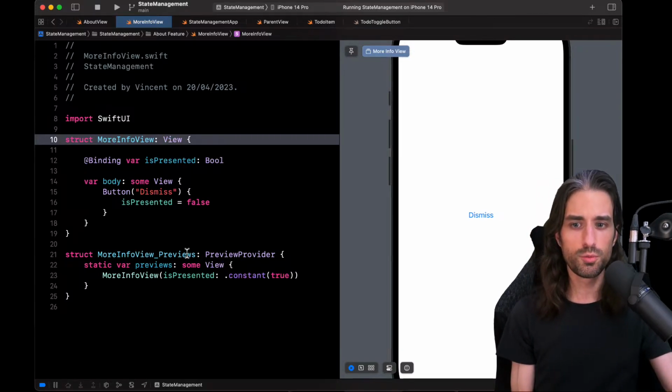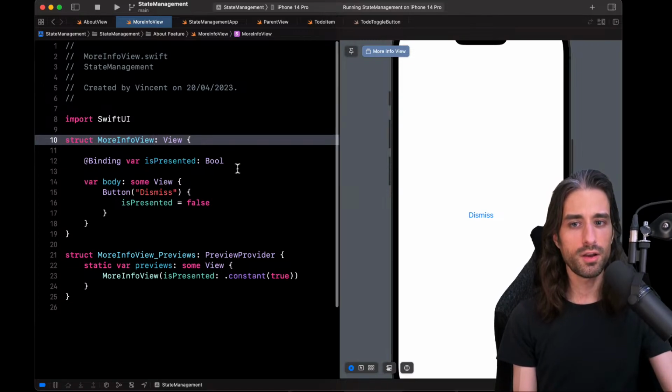Another issue is that we need to provide a binding explicitly through the init, and it's a little bit cumbersome. So how to deal with that? This is when we'll start to use something that SwiftUI calls the environment, which is a way to pass data from parent view to child views without going through the init.